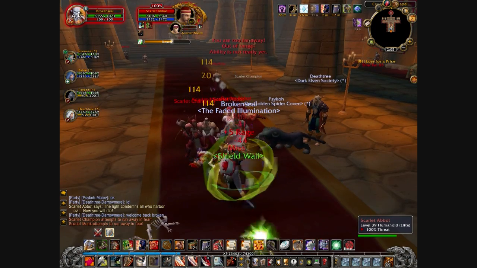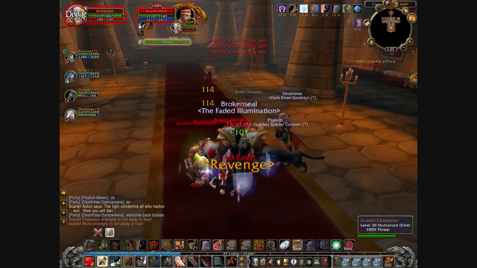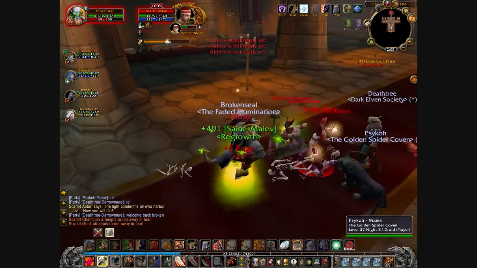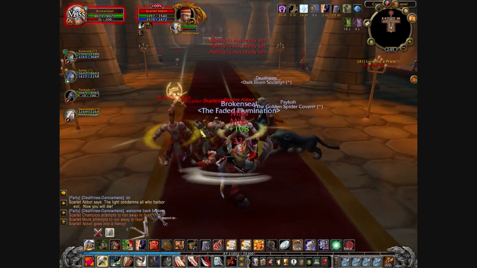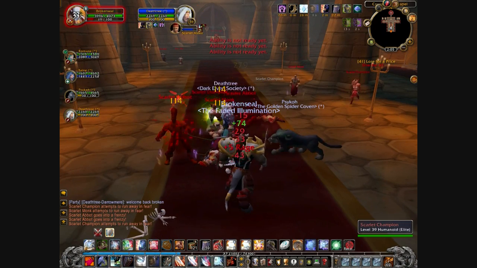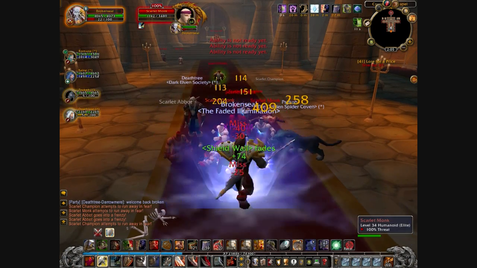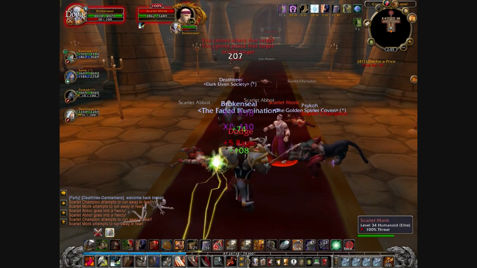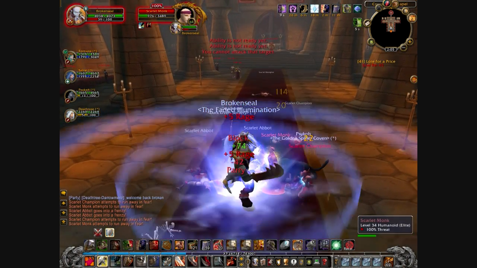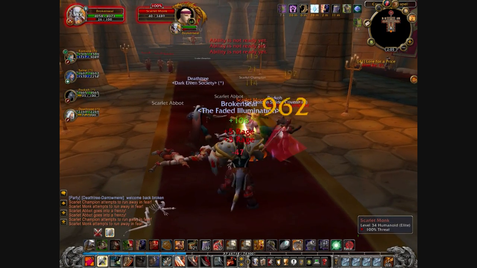As well, once they come, they'll probably auto-target the nearest person in my party, but I'll just snag them with a quick taunt if I catch it, which I actually do. As you guys notice here, he comes by and I just snag him with taunt. We're good to go. My basic tanking strategy, as you guys will see,